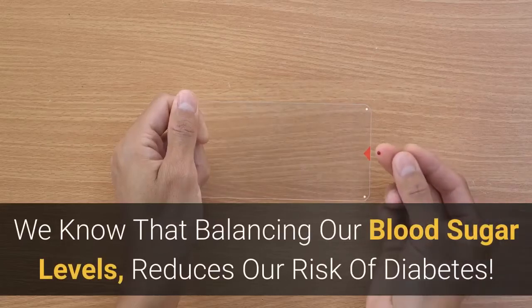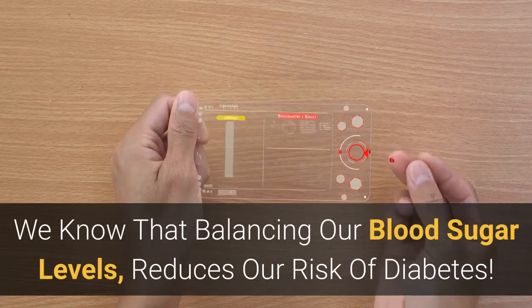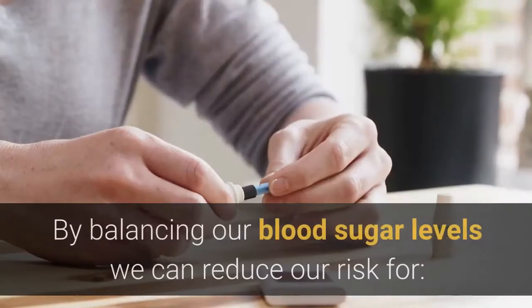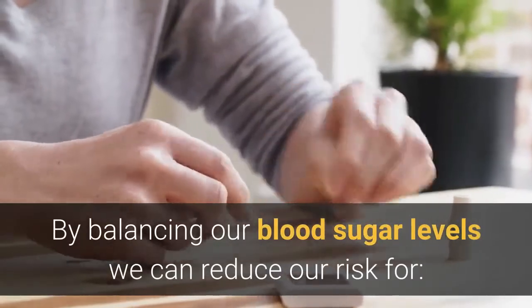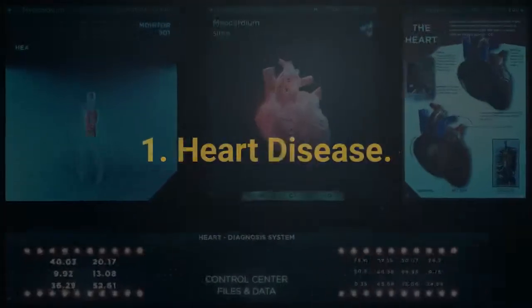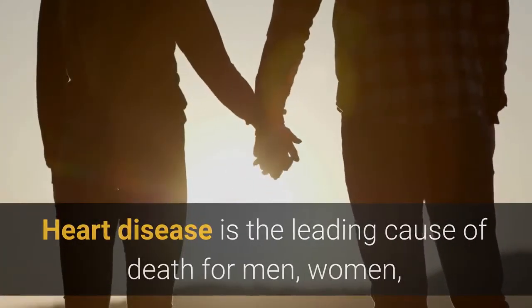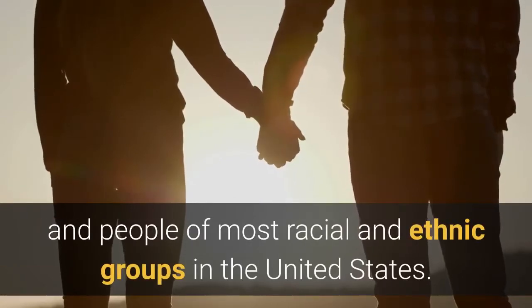We know that balancing our blood sugar levels reduces our risk of diabetes. But what else can it help? By balancing our blood sugar levels, we can reduce our risk for: 1. Heart disease. Heart disease is the leading cause of death for men, women, and people of most racial and ethnic